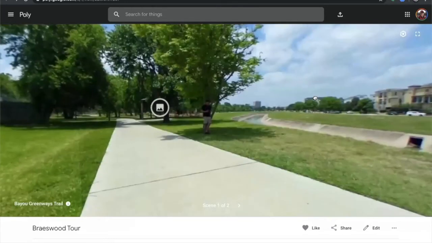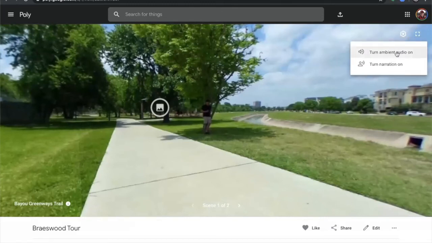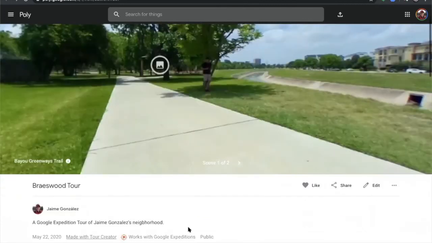Now, if you're watching it on the desktop, what I would suggest is that this gear icon, once you get to the Google Tour, you hit the gear icon and you turn on ambient audio, and you also turn on the narration. And when you go to the next scene, I'd